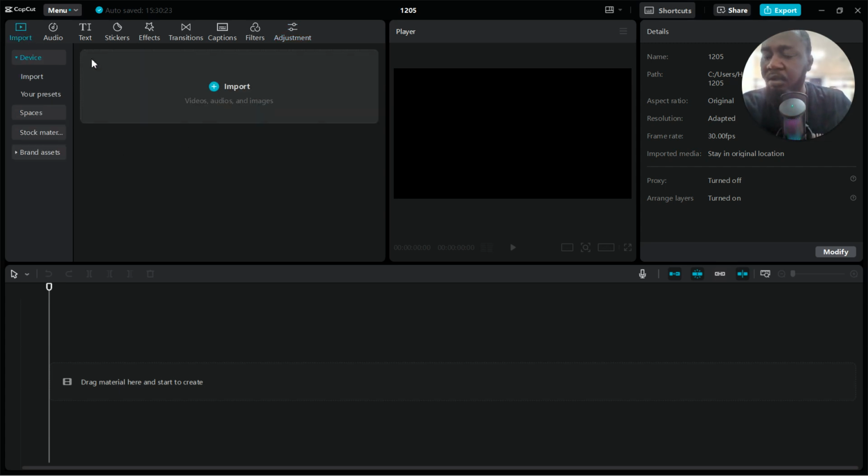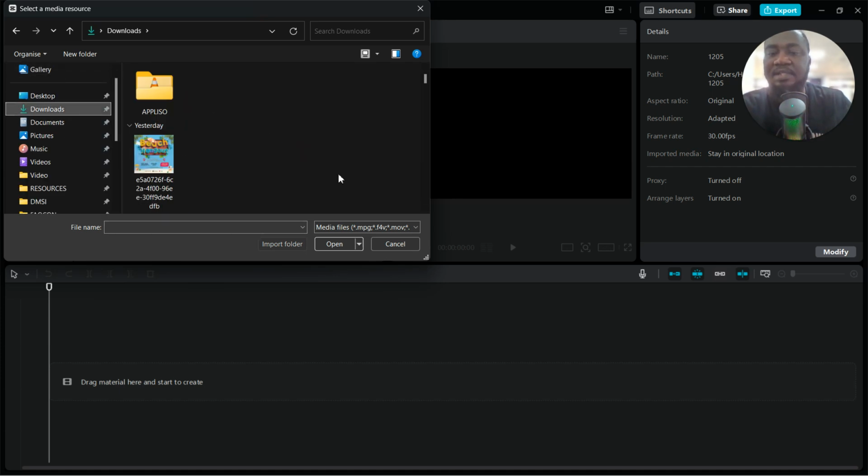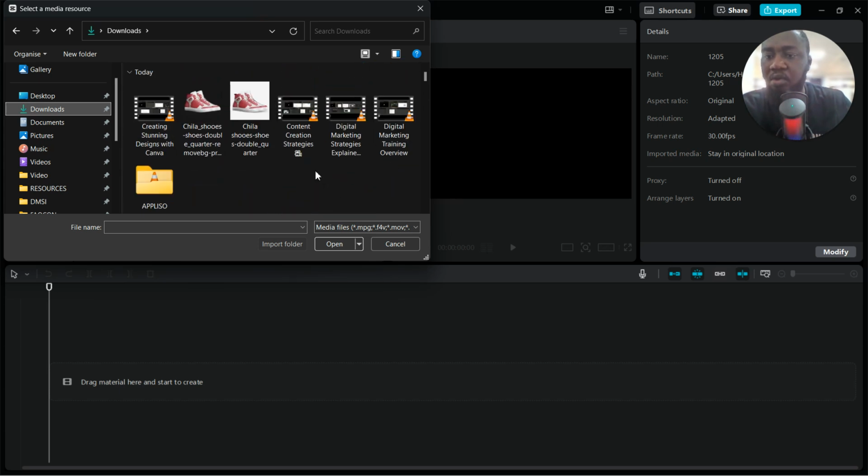So to start editing or working on a project, you go to import right here. Then you can click on import here. Then it takes you to your device's file explorer, so you can select anything that you want to use for your